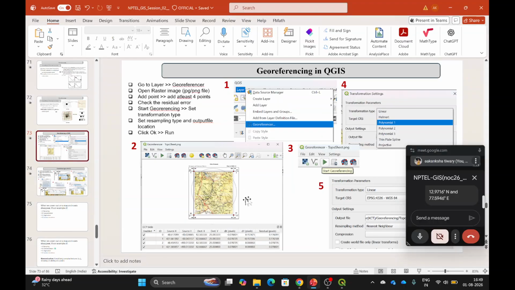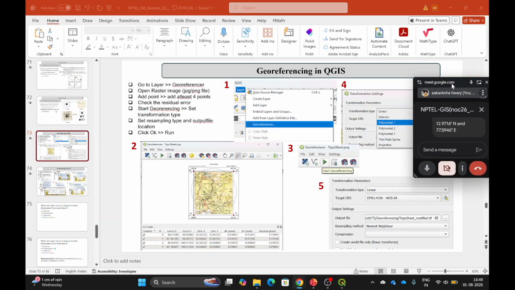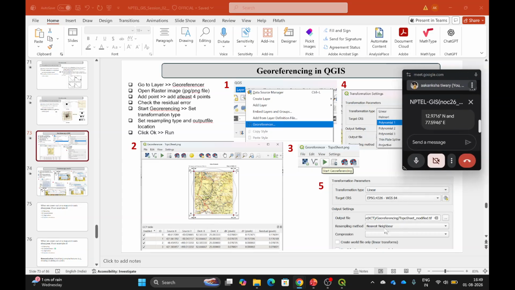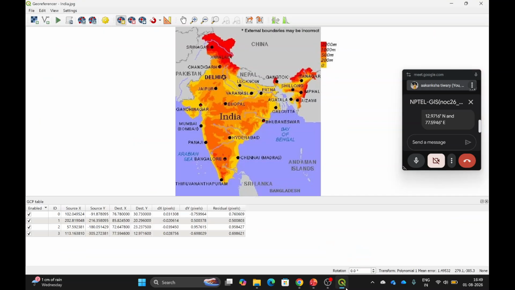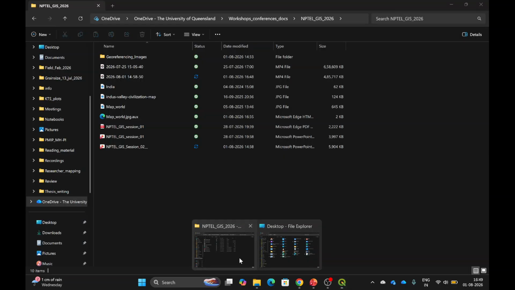So all the steps that I have shown are here, you can see, and we also have these images, and it is not very difficult. Okay, so you can just do it without anyone's help. You can do this using QGIS and also ArcGIS if you want. Then you need to follow these steps. So see,